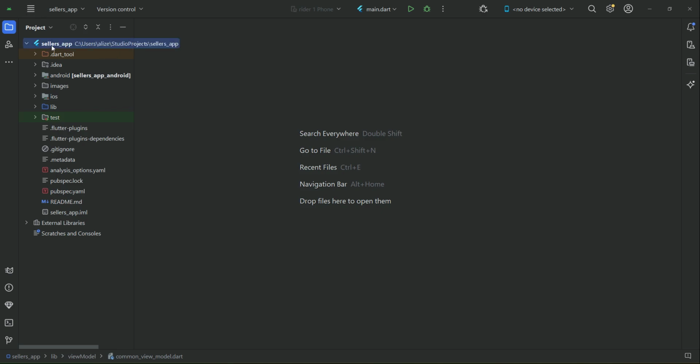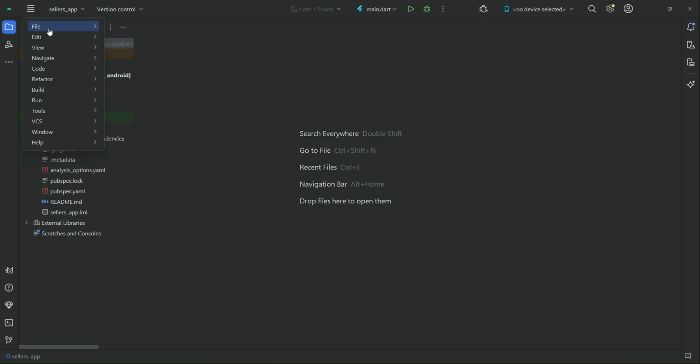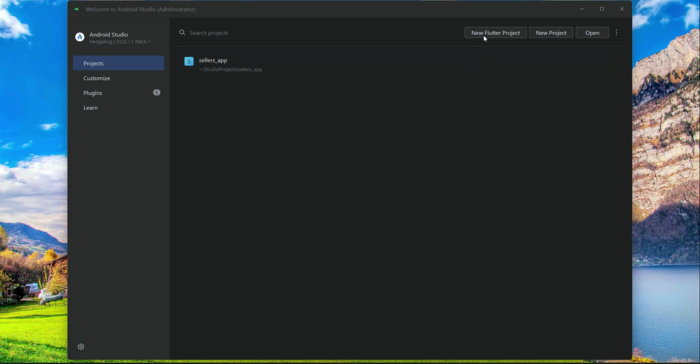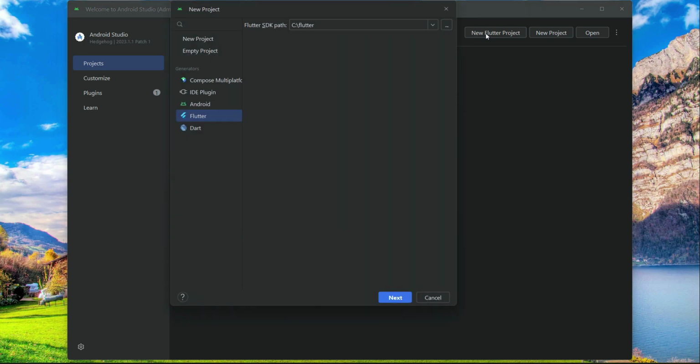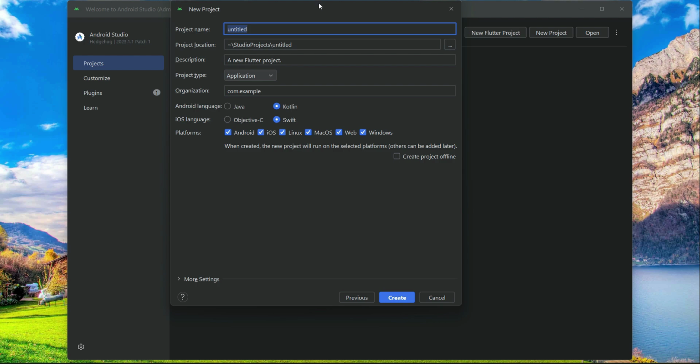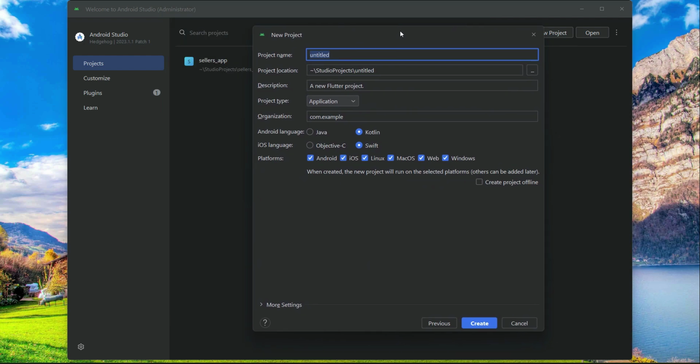So for now we will close our seller app. Click here, click file, click close project, and let's click on new Flutter project and make sure that Flutter is selected, then click next. Now here we have to provide our user app project name, so we can say users underscore app, and here in the description we can say this is users app,